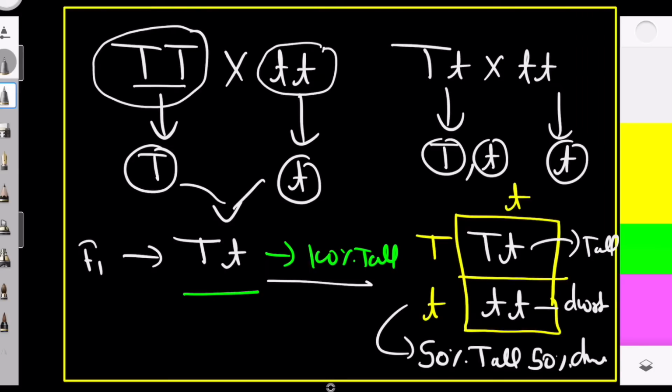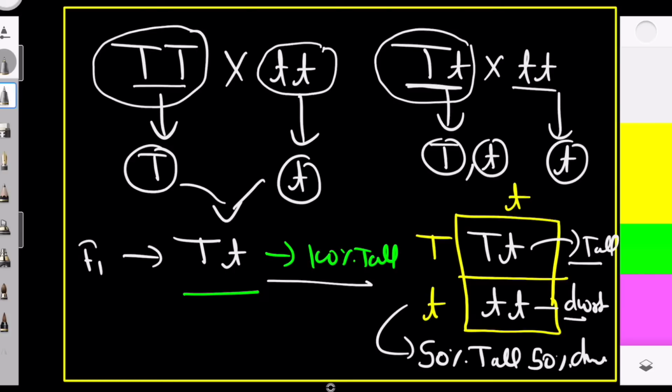Now same, if you see here, let's suppose this is unknown, and you are going to cross it with homozygous recessive, and if you are getting 50% tall and 50% dwarf, then you can say this unknown genotype is heterozygous. Now by performing the test cross,